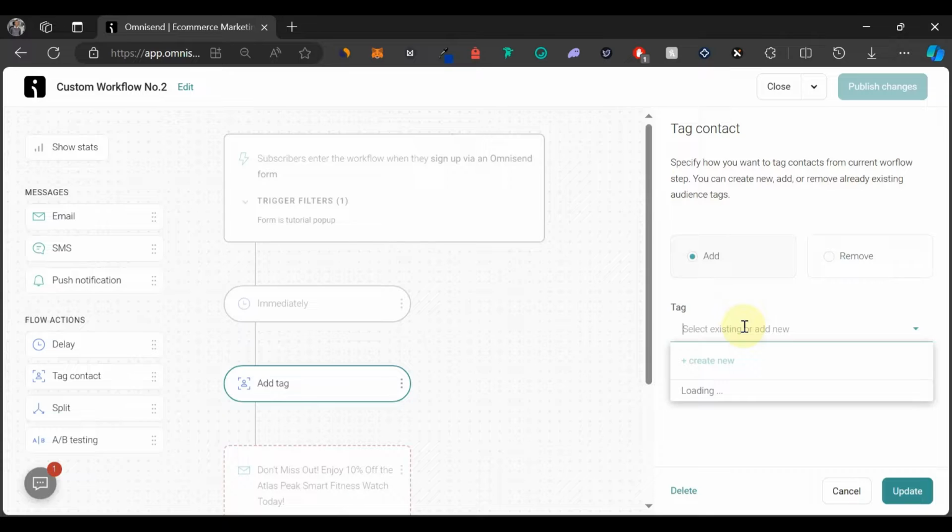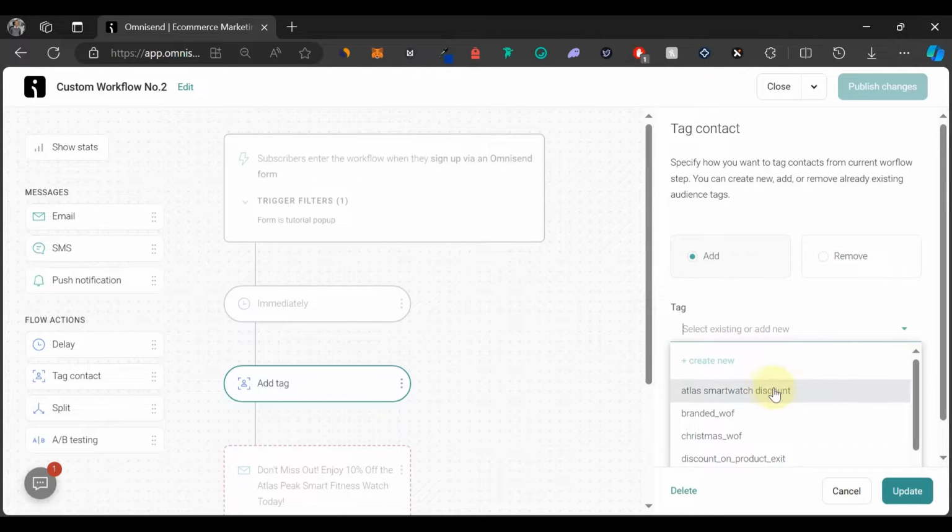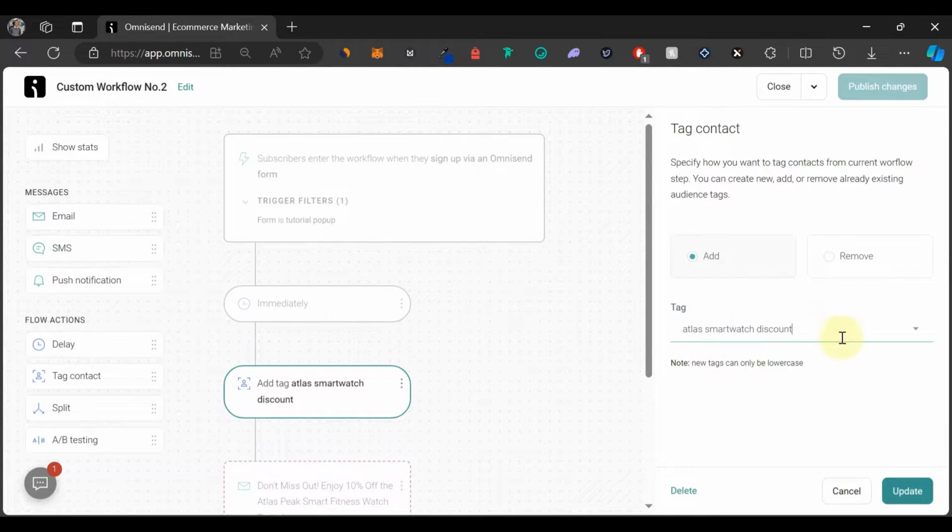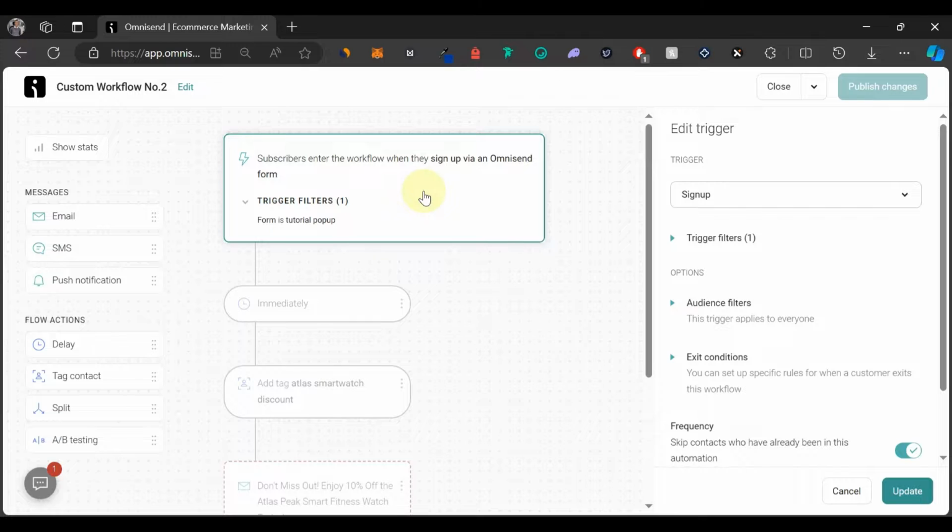And we're going to choose a tag. Let's search for the Atlas. Okay, we have it here. Atlas smartwatch discount. So in case anybody enters, a subscriber enters this workflow via maybe another form, let's say another form elsewhere, something different from the form I just showed you earlier, they're still going to find themselves inside this